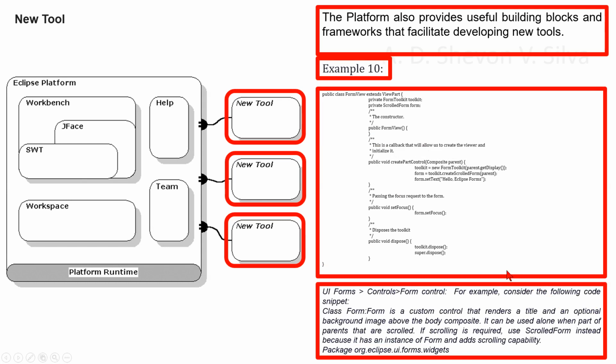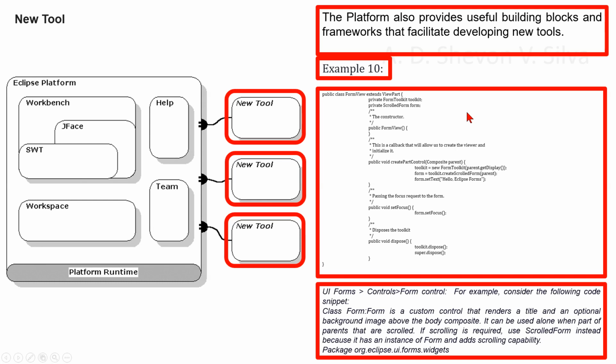Now we are considering form control in UI forms. For example, consider the following code snippet. The class Form: form is a custom control that renders a title and optional background image above the body composite. It can be used alone